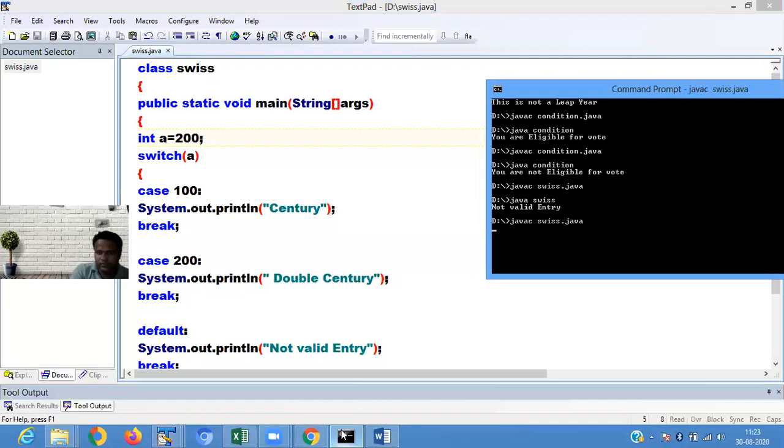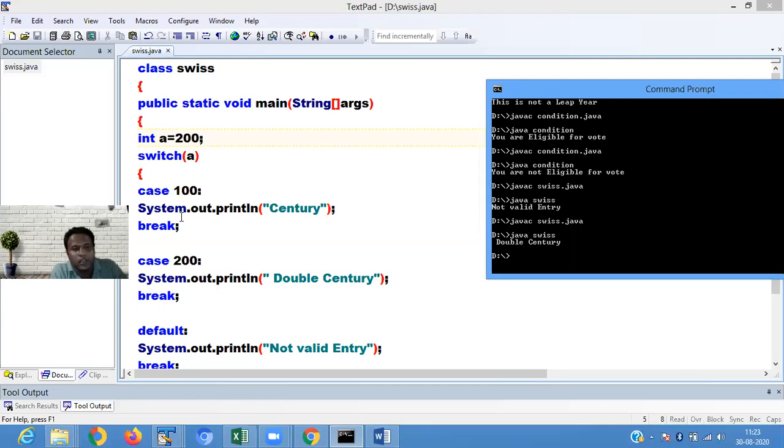Java C. Let's say here it is a double century. I mean this part is executed. Okay. So always remember every case statement contains a break. If your value matches any case statement, there is no need to go to the next statement.